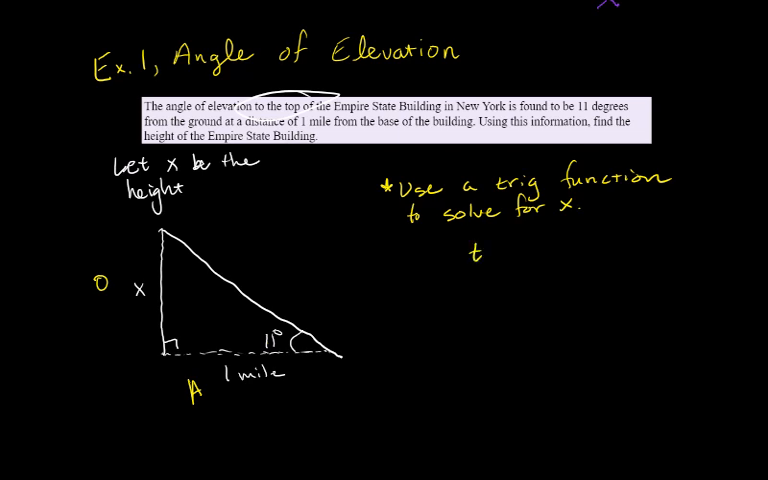So we do tangent of 11 degrees would equal x over 1. And so then obviously that's just x on that side. So whatever the tangent of 11 degrees is, that is going to be what x equals. So if you've got your calculator, you're going to want to make sure that it's in degrees, and then you'll do the tangent of 11 degrees. And you should get x equals